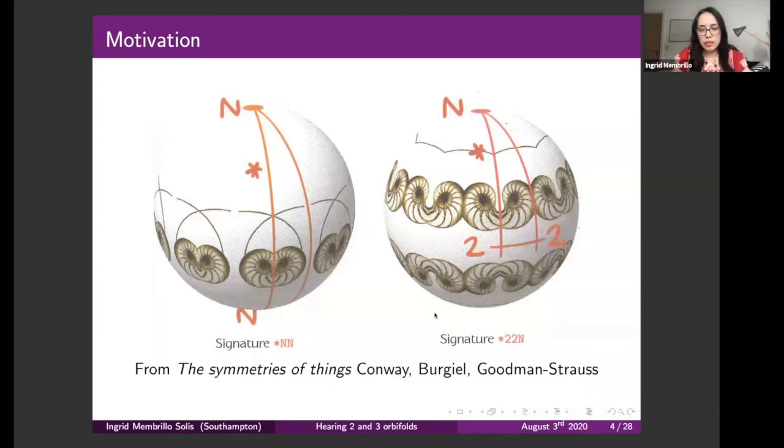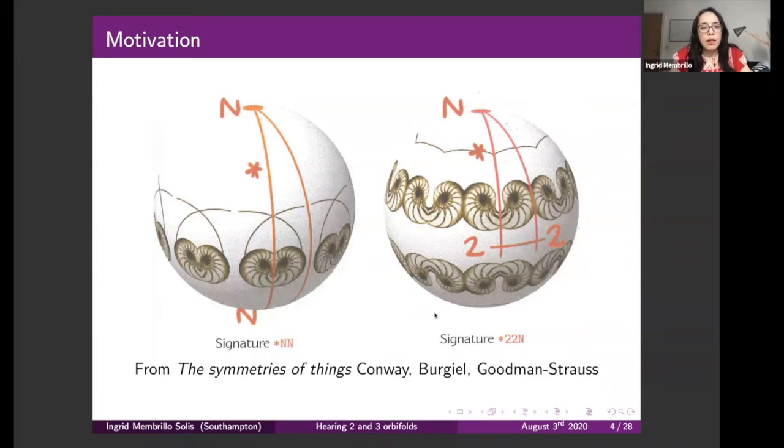Okay, so if you look at whatever other nice wallpaper on the internet, you can play with the symmetries of the wallpaper, and then try to consider the quotient space, and these will give you examples of orbifolds. So these are some particular examples. But what I want to say basically is that orbifolds are beautiful and also capture a lot of symmetries of